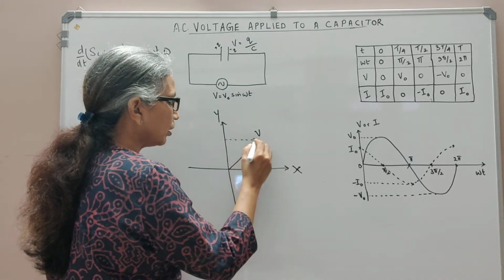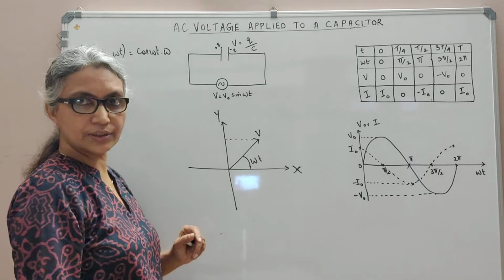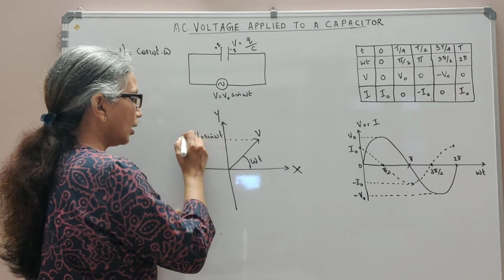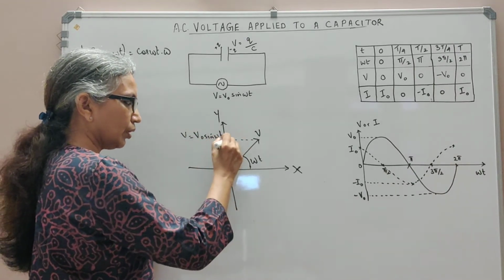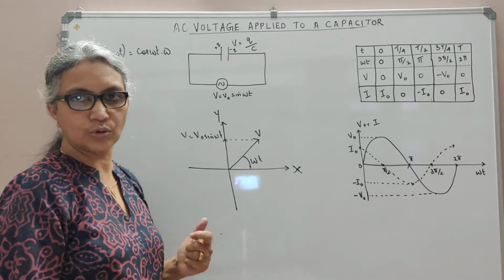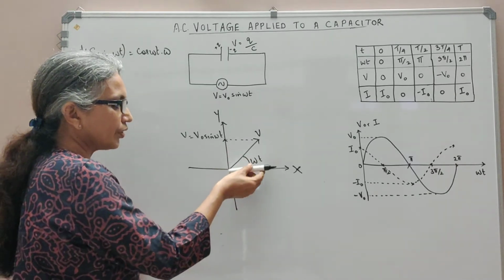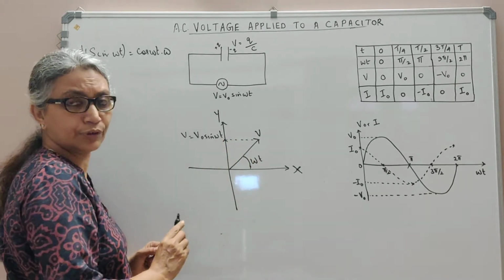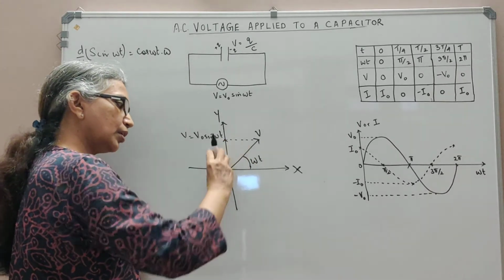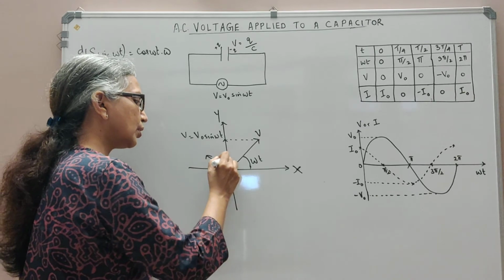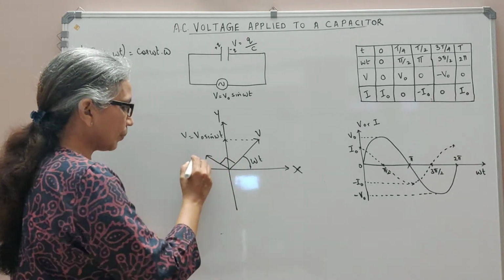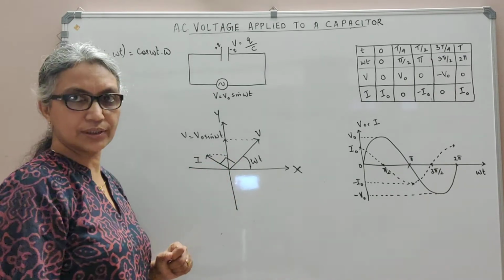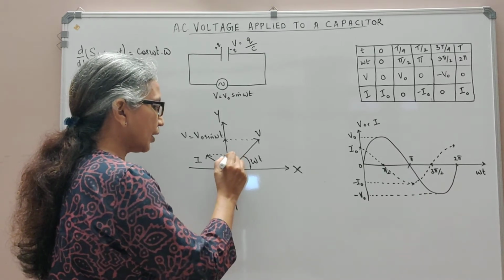And as you know, the projection of this phasor onto this axis would give you the instantaneous value V0 sin omega t. So that is what we have here. The projection here will be V0 sin omega t, the instantaneous value of voltage. But your current phasor, having started from the positive axis, would have covered an extra pi by 2 ahead of voltage. So rotating in this manner, covering an extra pi by 2, so that this angle will be pi by 2. So this represents the current phasor, and the instantaneous value will be the projection of that current phasor onto this axis.